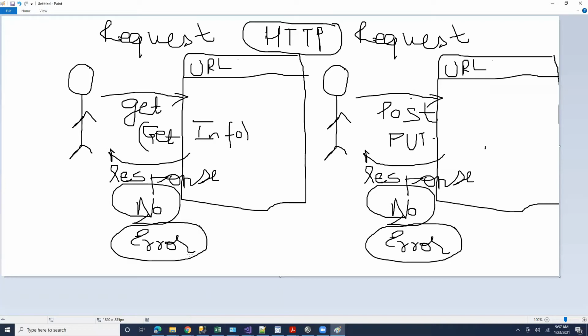Any guesses? Putting information into something. Right, yeah. Okay, so in your friend example, let's try to motivate everything through the friend example. What would you do with the friend example here?